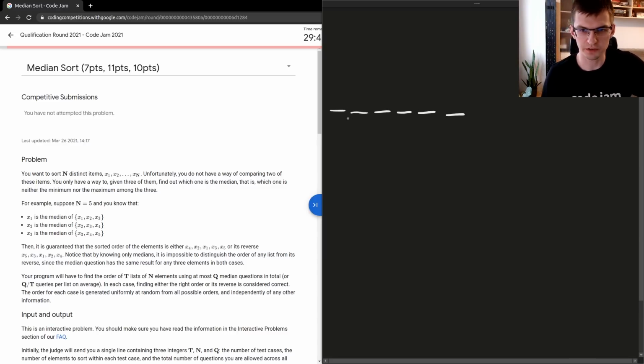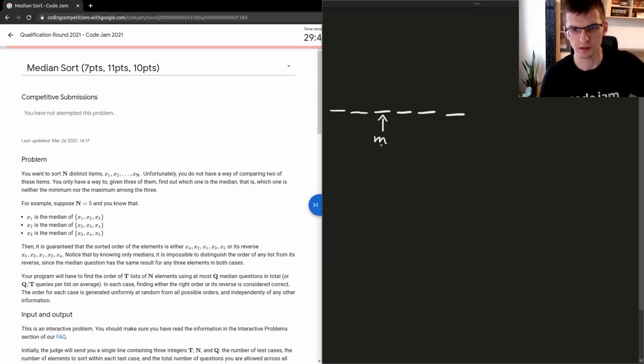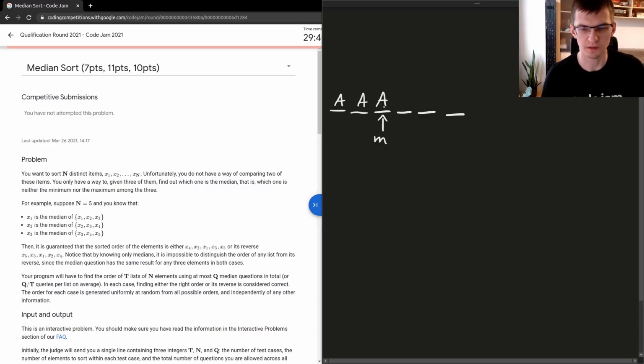If I ask about first 3 elements and I get information that this is median, by asking about those, let's say that the first query I made is about those 3 characters. So the first query is called A. Then in the second query, I wonder, either I will ask about those 2 and the new one,